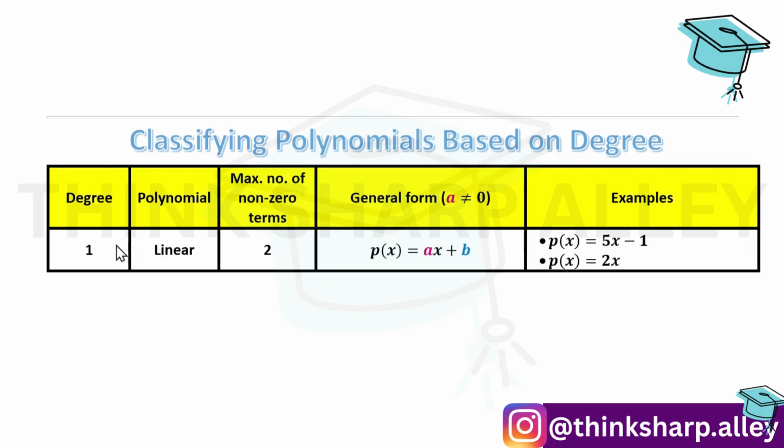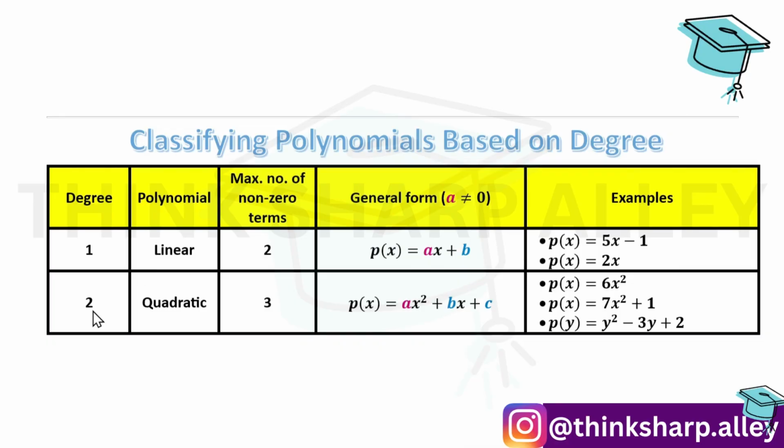So if a polynomial has degree 1, it is called a linear polynomial, which can have maximum 2 non-zero terms. Which are the terms? ax, and another is just a constant term b. Here the coefficient of the leading term cannot be 0, because if a is 0, then 0 into x vanishes completely. So p(x) becomes just b, which is constant, and it is not a linear polynomial then, right? So I have given two examples. You can see one is a monomial, so it's a linear monomial, and the other one is a linear binomial.